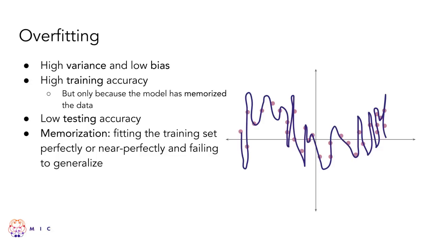So what's memorization? Memorization is when your model fits your training data perfectly and takes far too much into account the noise. When we talk about noisy data, we're talking about data that deviates from the norm, extreme examples. Overfitting happens when your algorithm starts to encode these extreme examples and fails to capture the general trend that you're going for.